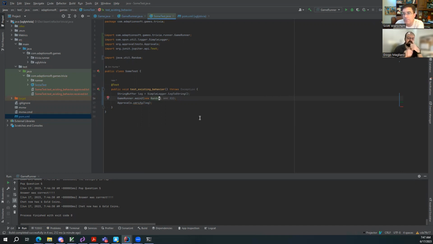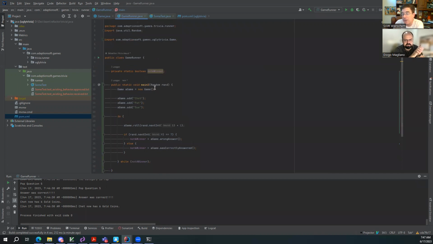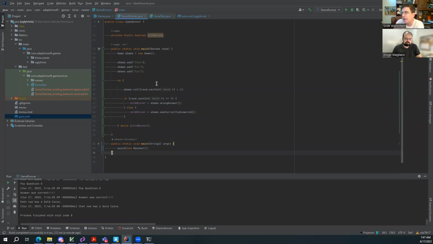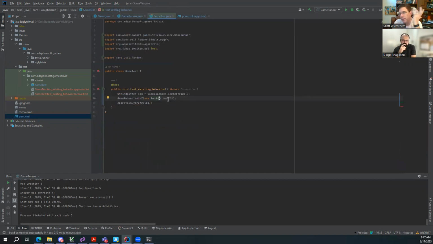All right. So now I'm controlling what gets passed in. I'm going to avoid the regular main. I'm going to control the random value that's passed in, and I'll seed it with a 0. I could seed it with anything, 0 is just as good a number as any. So now, if I run this test,